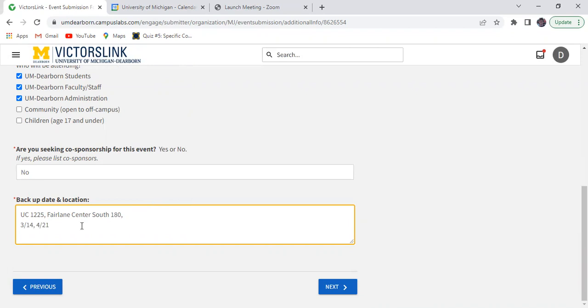And you want to make sure you add these in there just in case. So like I tried to get UC 1227 for February 17th. Say, for example, it's not available that day, but it is open on March 14th, then we can go in and say, okay, this date's not available, we can do your backup date. Again, if you're as specific as possible, and list as many backup dates and backup locations as possible, it really will speed up the rest of the process down the line, and trying to get your event approved as quickly as possible. So make sure you put as many backup dates and locations as you possibly can.